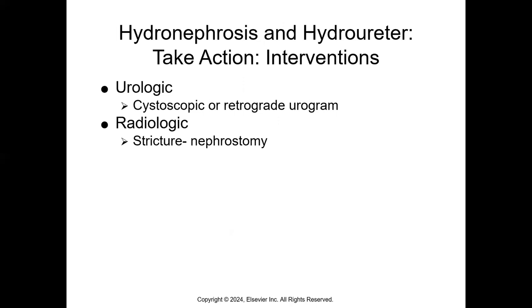Interventions. We can do a urologic intervention looking for stones, remove the stones and place a stent so that the ureter doesn't recollapse. Radiologic interventions can look for a stricture, and we can put in a nephrostomy. This is a tube that will drain externally to make sure that the pressure is relieved within the kidney